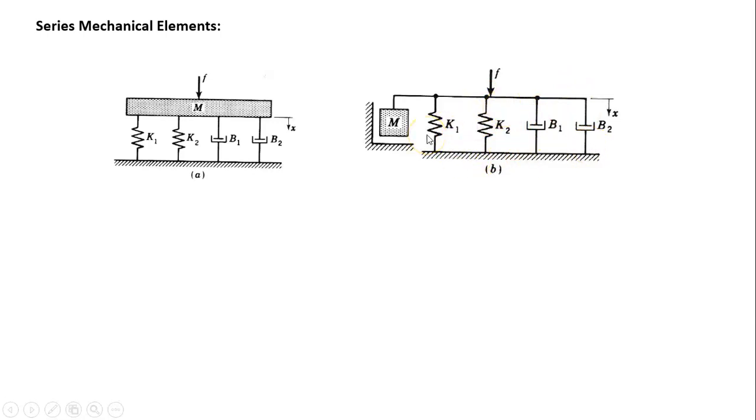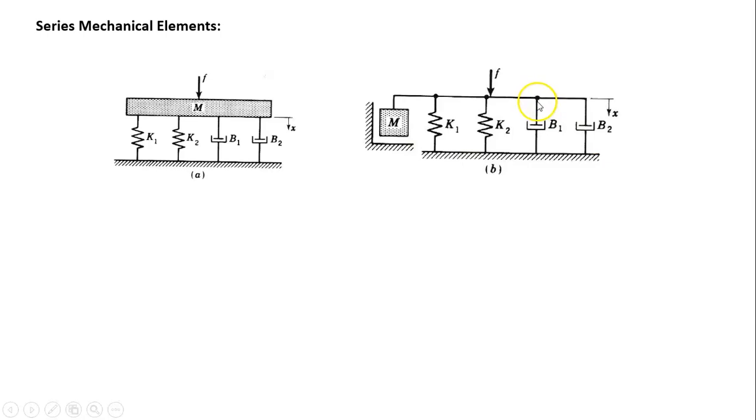And always remember, the mass you have to show as grounded. Therefore, for this mass M we have to extend the X coordinate, because mass M is connected to the X coordinate. We have to connect it to the X coordinate, and the other end of the mass we have to make grounded. And force F is acting at the X coordinate, therefore we have to show force F here.